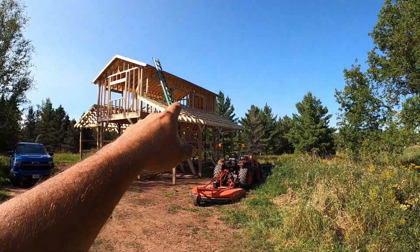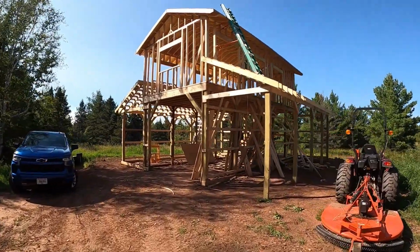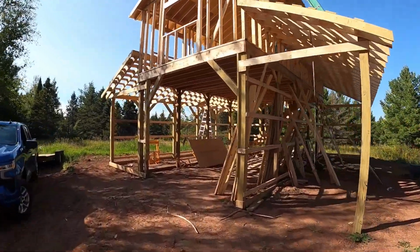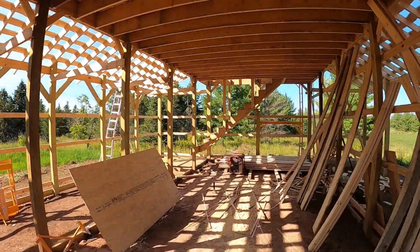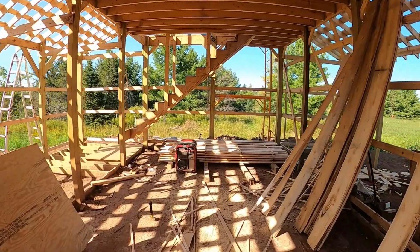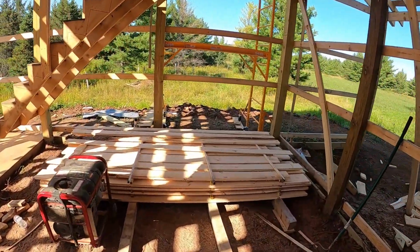I started putting boards on the back. Here, I'll take you up there and show you. You gotta excuse the mess. I hate to leave it so darn messy, but I just ran out of time. Oh, on the way up there, here's a pile of boards I cut this morning. So if you're thinking of getting a sawmill,